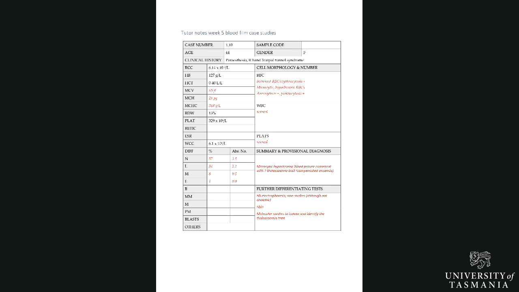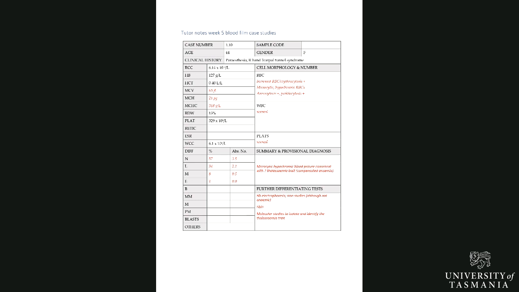So when we summarise this, you can see here the red cells, increased red cell count. So if you like, you can call that an erythrocytosis. Microcytic hypochromic red cells, many of them, and the RDW at 15% suggests that there is a small amount of anisocytosis there. So there's 1+ anisocytosis and 1+ poikilocytosis. So when you're summarising this film, you would be saying microcytic hypochromic blood picture consistent with thalassemia, or microcytic hypochromic blood picture with increased red cell count,